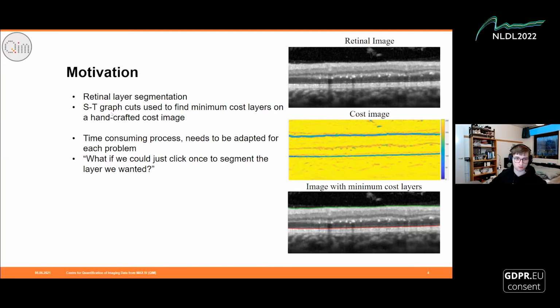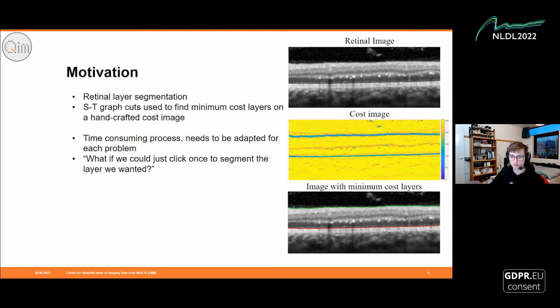And then the ST graph cuts method would be able to find the optimal layers going from the left to the right side of the image. So with this cost image, you would find these two curves down here. And this is quite a time-consuming process. So the obvious question that this other project